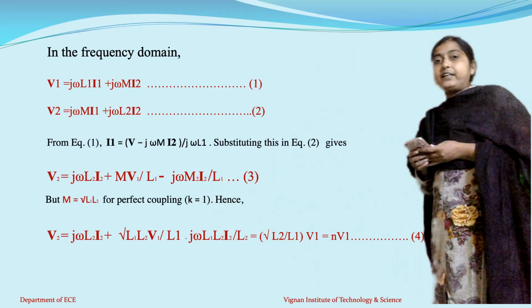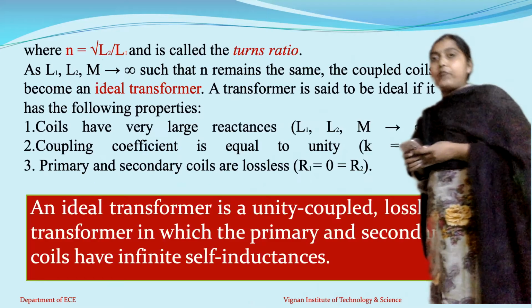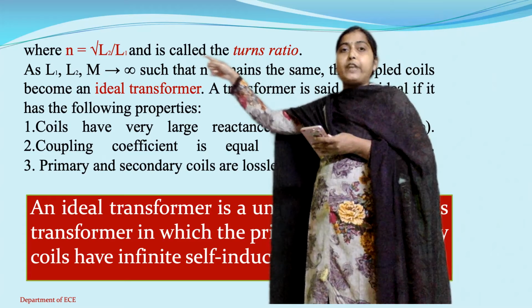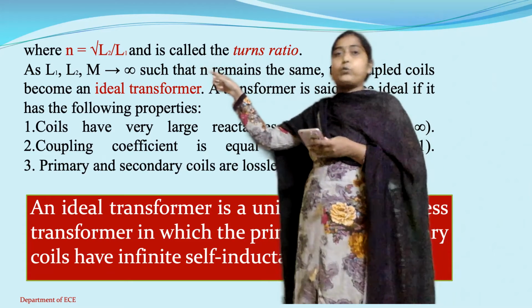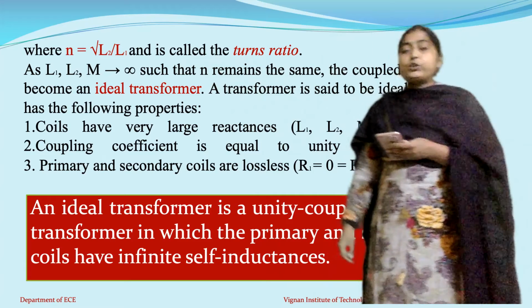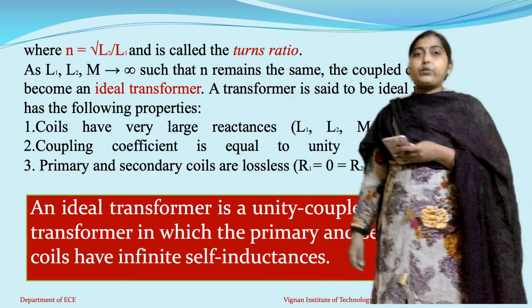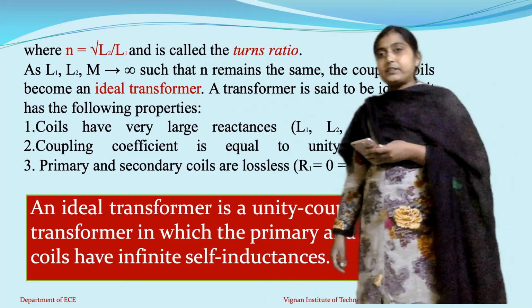Now what is N? Let us understand here. From the equation, by comparing, we can write that N can be written as square root of L2 divided by L1. From now onwards, this term N is known as the turns ratio. So what is turns ratio? Turns ratio is the square root of L2 divided by L1, where L1 and L2 represent the self-inductance